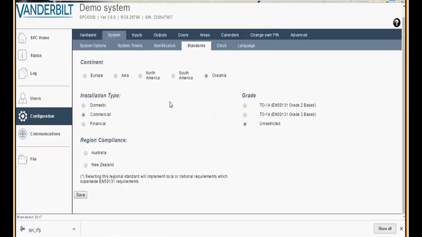The existing countries that we had already in 3.7, those approvals or standards will remain the same, and all the configuration and settings will remain the same. Nothing has changed there. But for example, for the new ones, North America, South America, Oceania, or Asia,